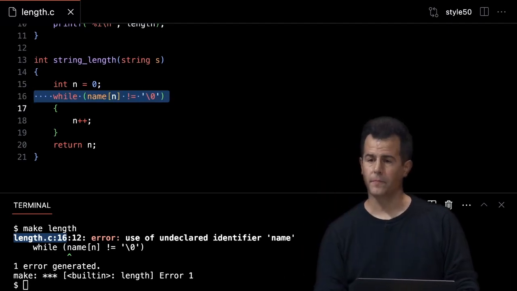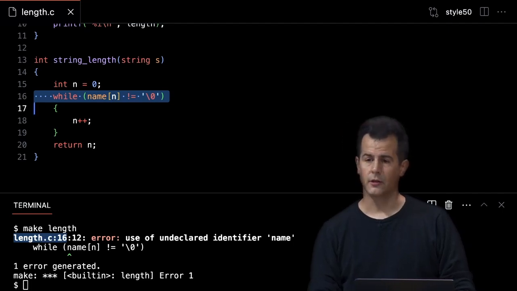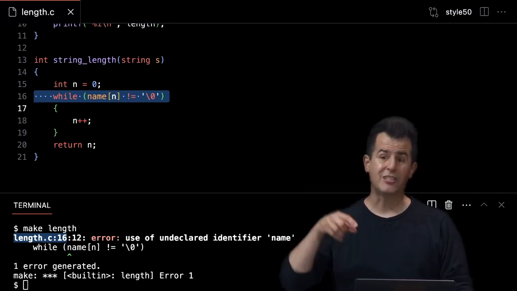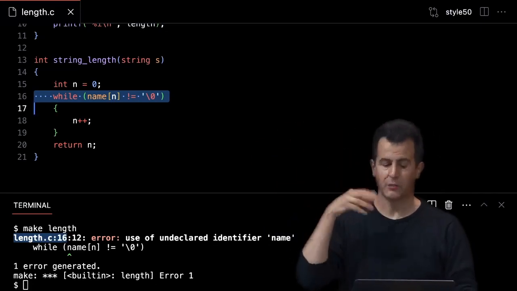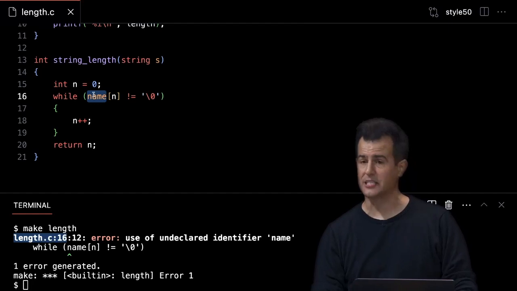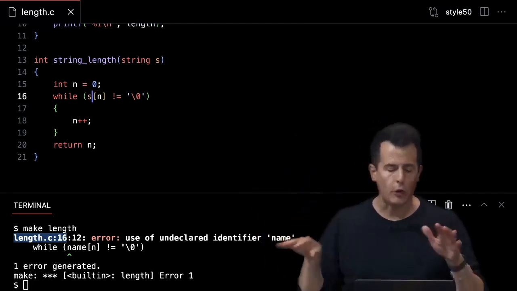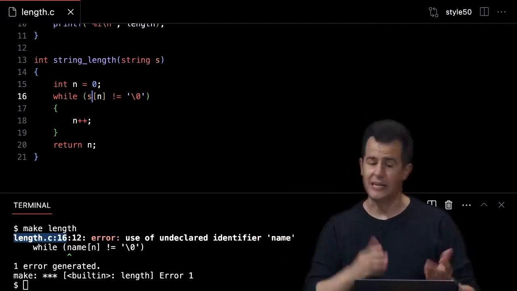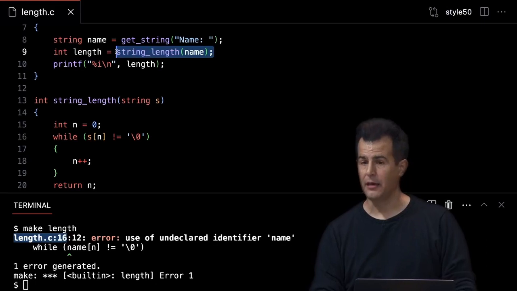Yeah, in front. So you use the variable name, whereas that's local to the main loop. So you have, good, variable name s. Good, perfect terminology. So name is local to main. The scope of name is main. Those sound similar, but different words. And so I should actually be calling this s, because s is the name of the local variable being passed in, even though it happens to be one and the same as name. Because on line 9, I'm indeed passing in name as the argument.